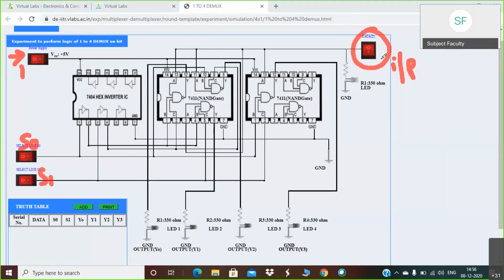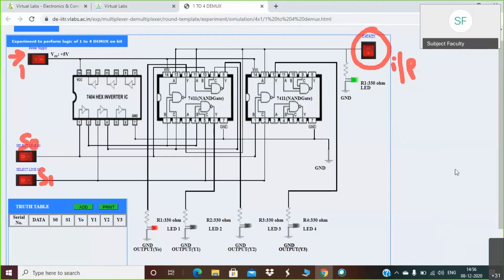Now first I am connecting this power supply. In order to connect it, you have to make it on, so I have done that. Now I am keeping this data input as logic 1. You can observe the green LED has come on here.